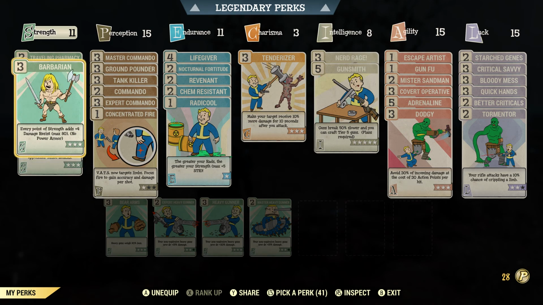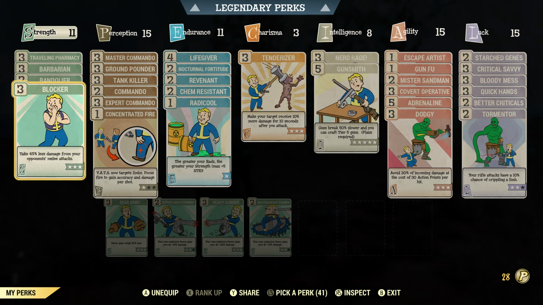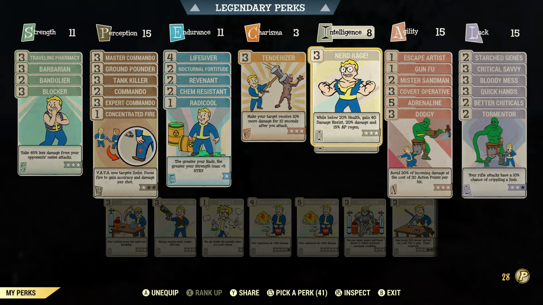For all the strength points, and we're using Unyielding, so we have a high amount of strength, so we're already maxed out at that. Bandolier, carry a lot of ammo. I'm always carrying in the high thousands. Blocker, I'll get to all these defensive perks in a bit, but for damage, you want to use Nerd Rage,